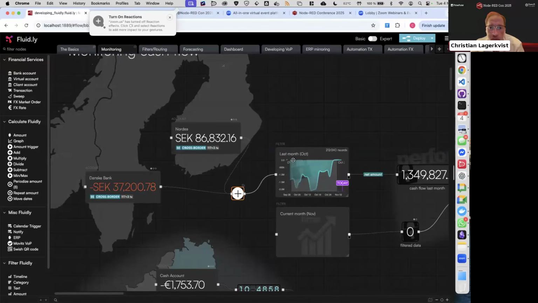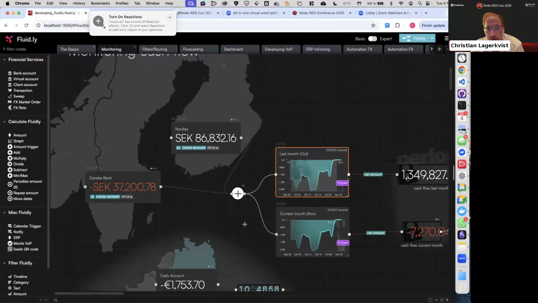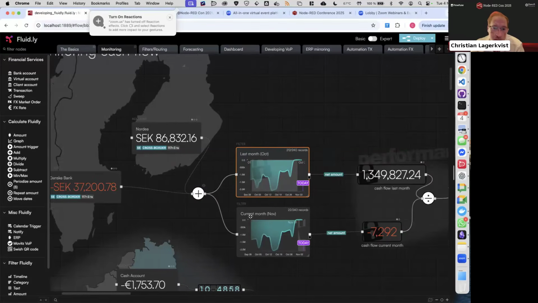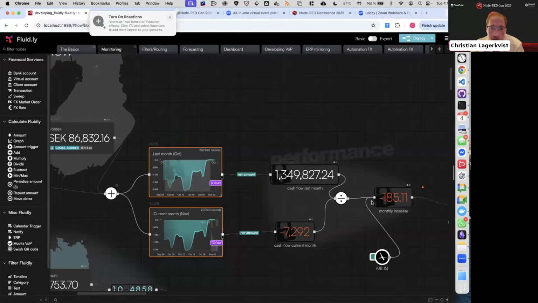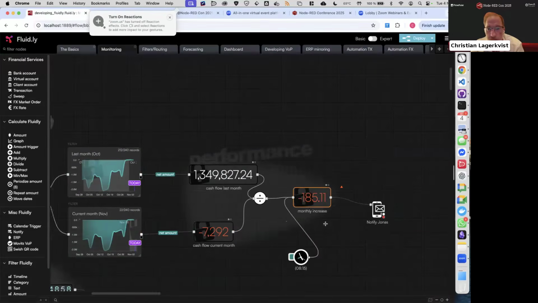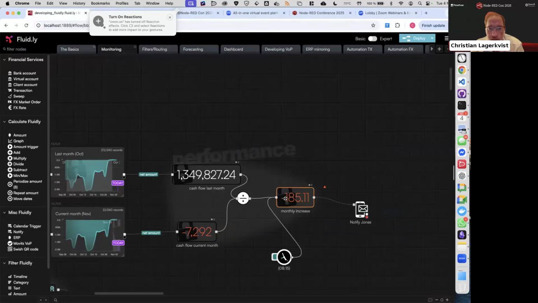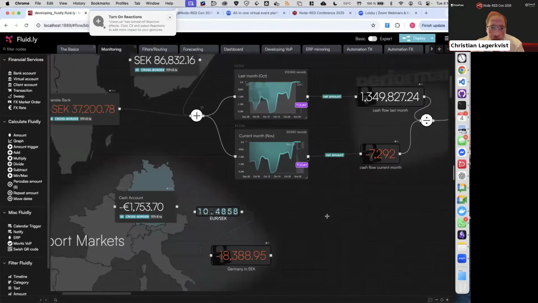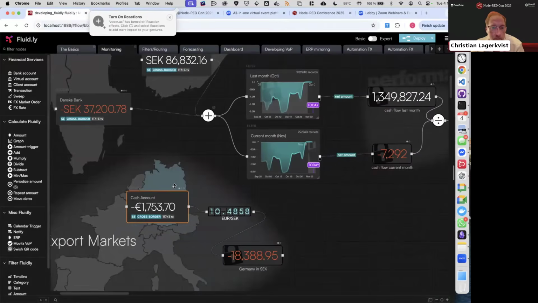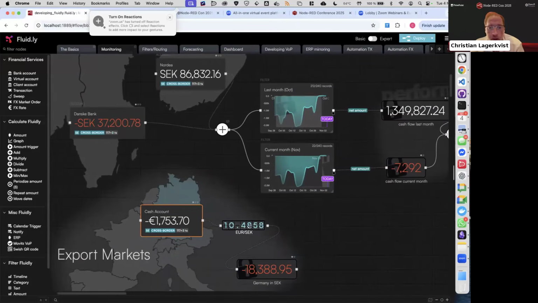I'm taking this data and piping it to a filter set to filter on last month, as well as a filter to filter on the current month. So what I can do now is compare the current month to last month and get some sort of KPI or send a notification to someone. The same goes for bank accounts of other currencies.